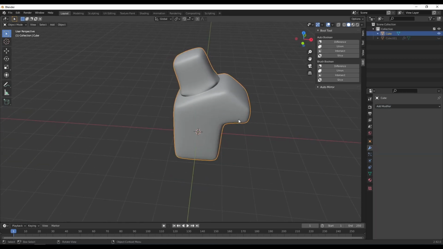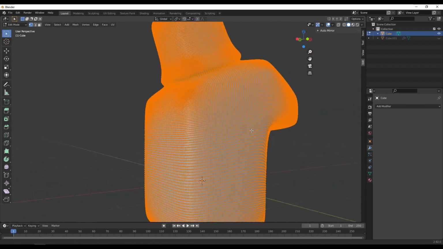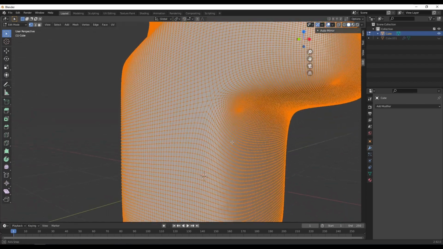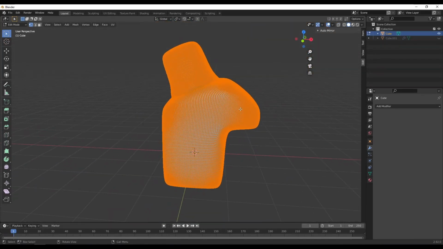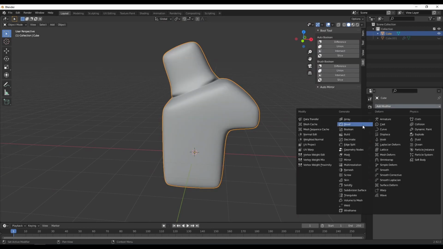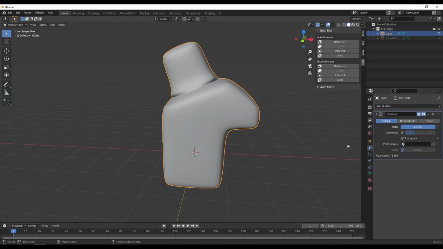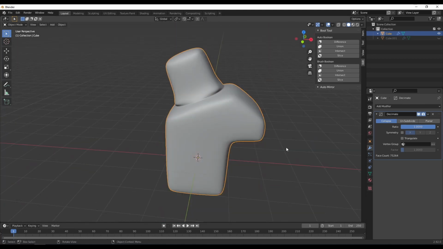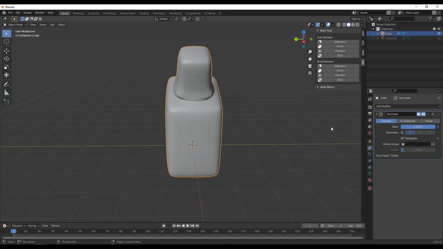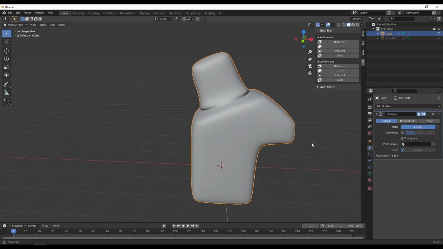and bog things down. If I tab into edit mode, you can see that there's just a lot of vertices, and a lot of these really aren't necessary vertices, they're just kind of there. So if we wanted to optimize and not have this be so big, I can add a Decimate modifier, and it will take this and just remove some of the vertices. And you can destroy your model with this, that's why it's called Decimate, but it is something that is necessary to reduce poly count, because you can see right now I have almost 80,000, which isn't terrible in terms of